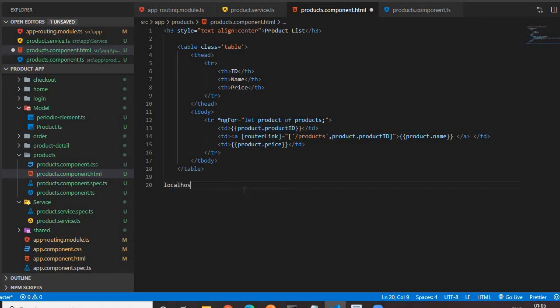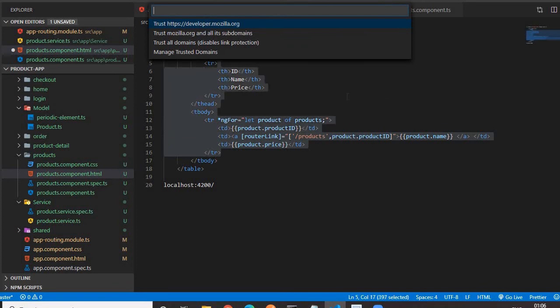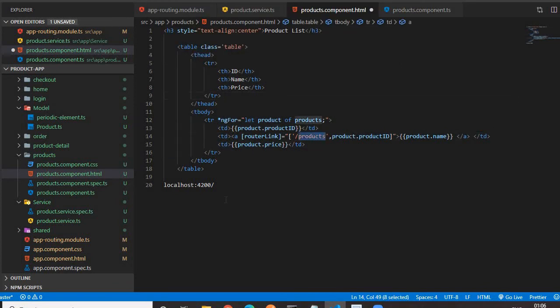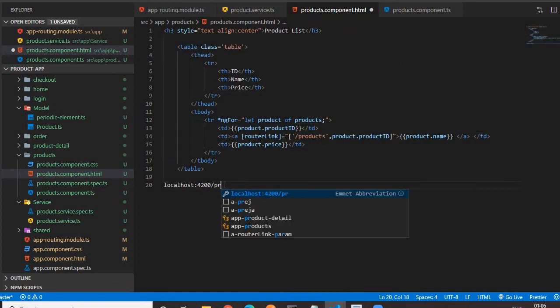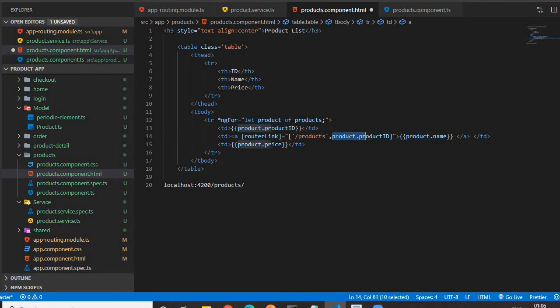So we are running from our localhost, so it's localhost 4200, whatever the port you have, then slash, then this product path, slash product, then slash this ID, product ID. So whatever it might be, on basis of the product, let it be 3. So path should be this.